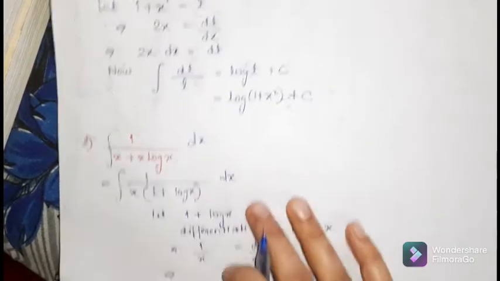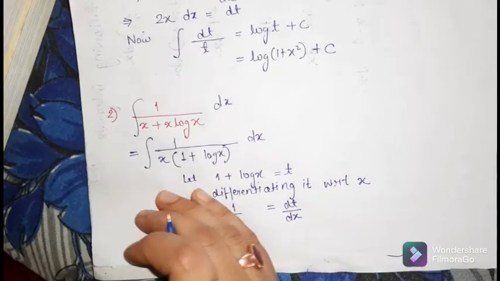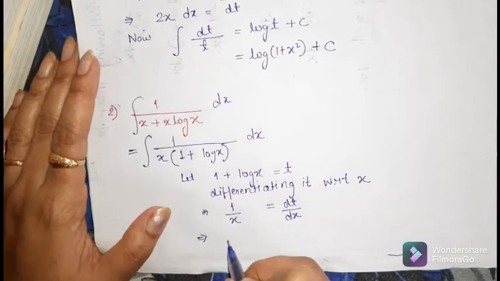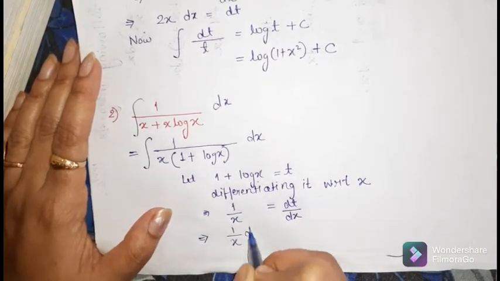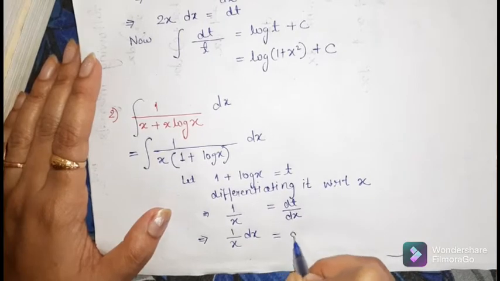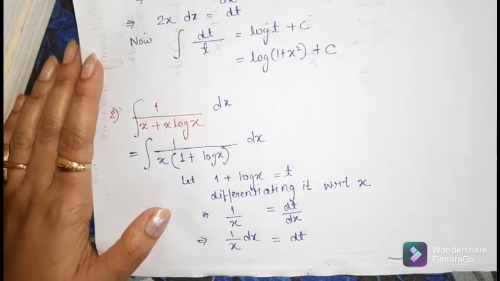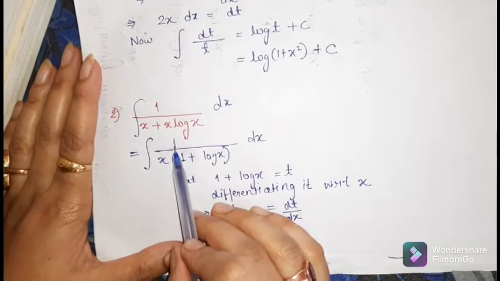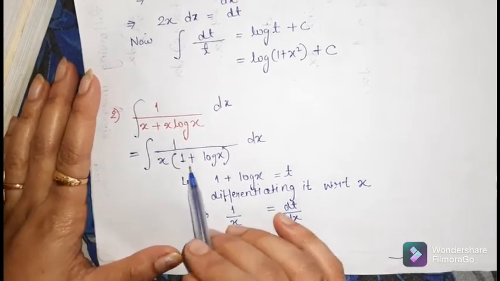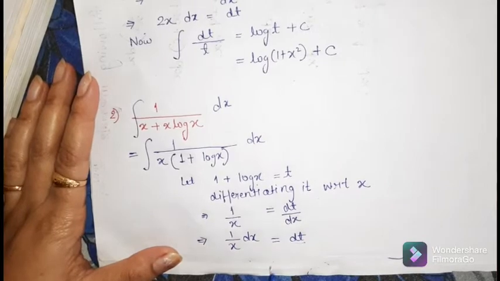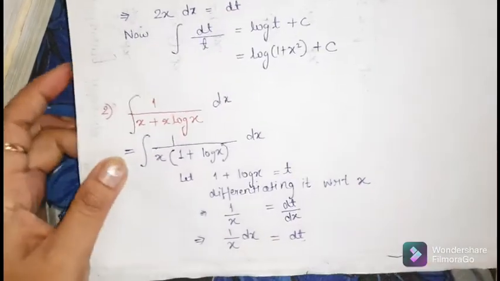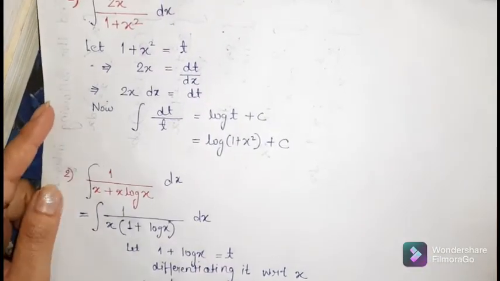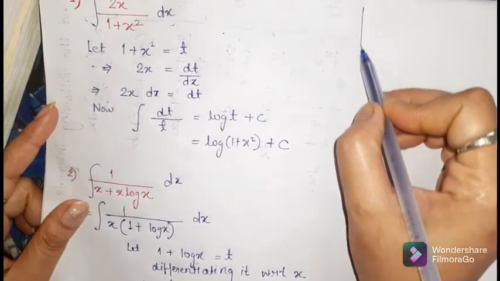This implies 1 by x dx equals to dt. So now we can put in place of 1 by x dx the dt, and 1 plus log x is t. So the original problem becomes